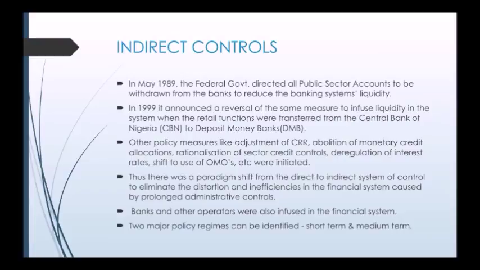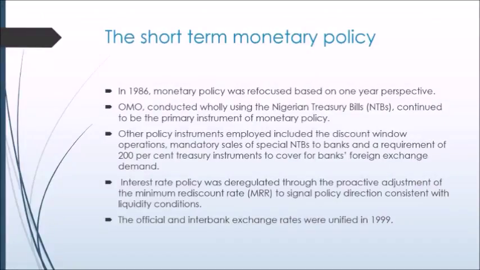The 2 major policy regimes can be identified as short-term and medium-term. In this section, we will be talking about the short-term and the medium-term monetary policies of Nigeria. In 1986, monetary policy was refocused based on the 1-year perspective. OMO, which was conducted wholly using Nigerian treasury bills, also known as NTBs, continued to be the primary instrument of monetary